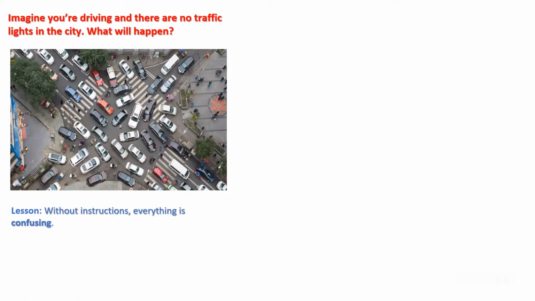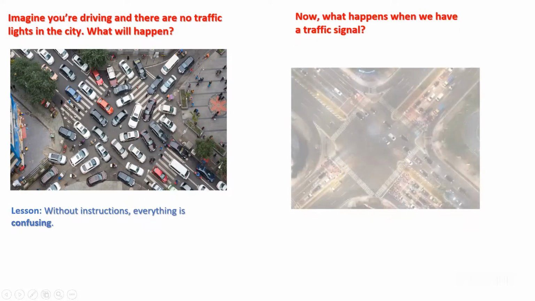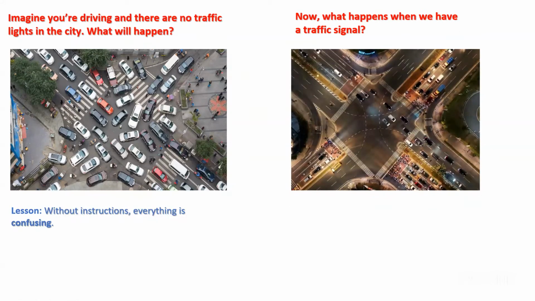Okay. So it's a complete chaos, without any instruction, without any traffic signal, without any traffic police. If you leave it as it is, you have seen that nowadays even Bangalore is very famous for its traffic. Everything is good in Bangalore. Climate is good. People are good. Everything is good. Only one problem is traffic. And if you won't control that traffic, there will be a lot of chaos and that might cause accidents. Now, if I control it using traffic signals, if I give a set of instructions, then can we control all this chaos? Can we control the accidents? Everything, can we control?